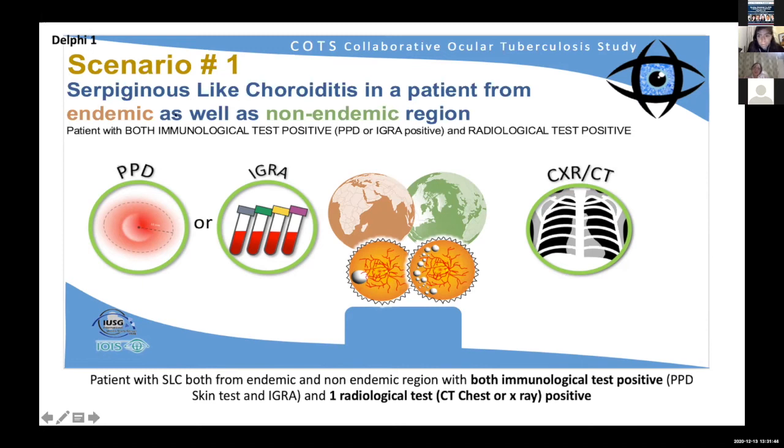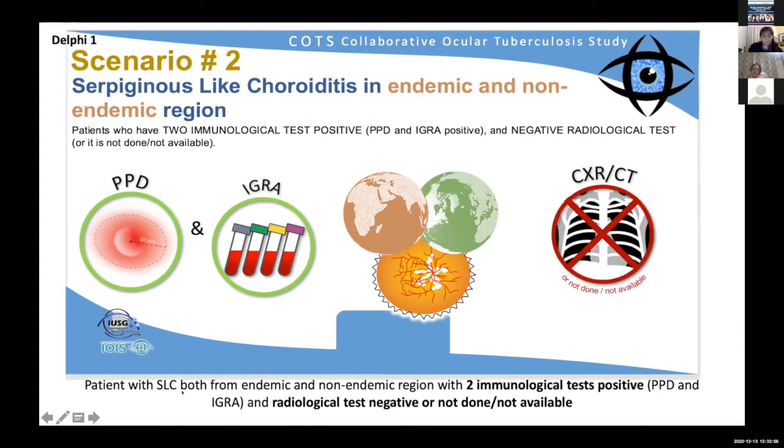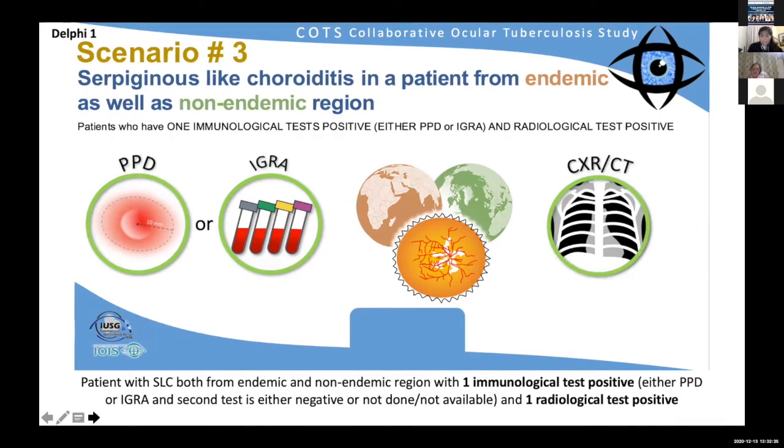Scenario 1, which was Delphi 1, was serpiginous-like choroiditis, whether the patient is from an endemic or non-endemic region. If both immunologic tests, that is PPD and IGRA, and one radiology test are positive, everybody would treat. Patients from both endemic and non-endemic regions with the 2 immunological tests not available, by majority, more than 85%. Third, the patient with SLC both from endemic and non-endemic region with 1 immunology and 1 radiologic test positive, still